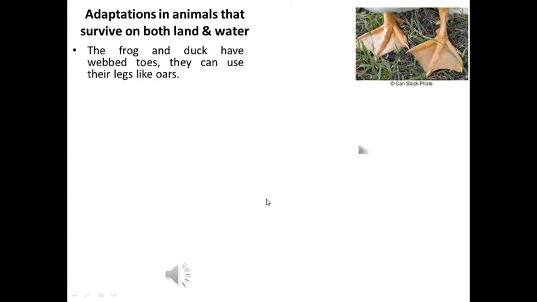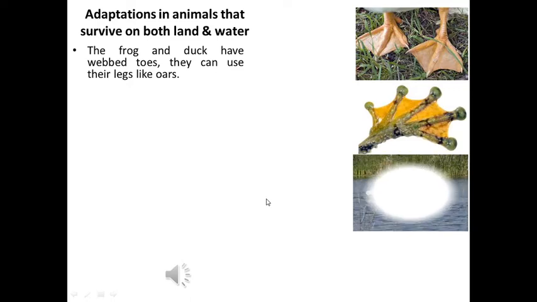Just like the aquatic animals, there are some animals which can survive both on land and water. Let's see their adaptations. The frog and duck have webbed toes. They can use their legs like oars. The oars push the water behind and help the boat to move forward. Similarly, the webbed toes of the frog and duck push the water behind, and this helps them to move easily